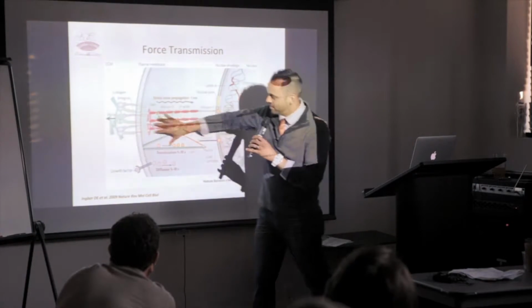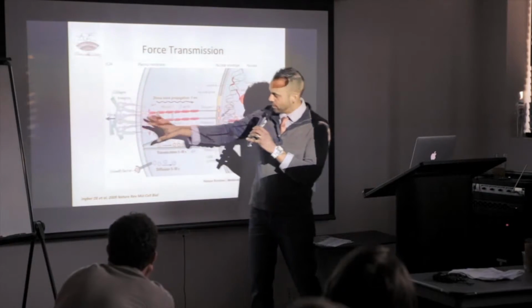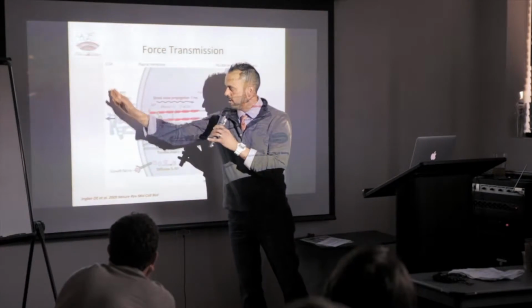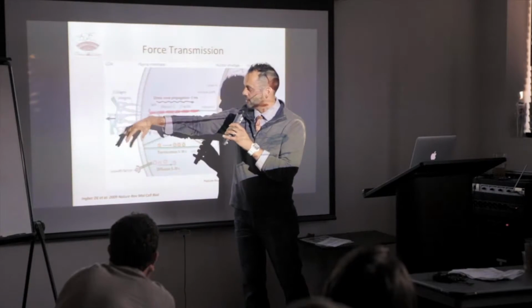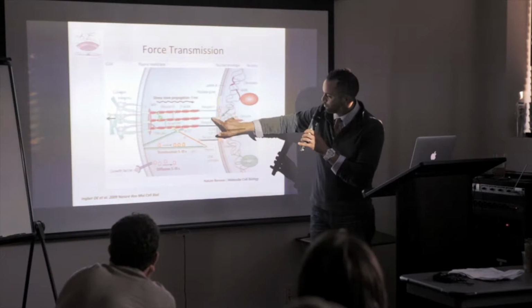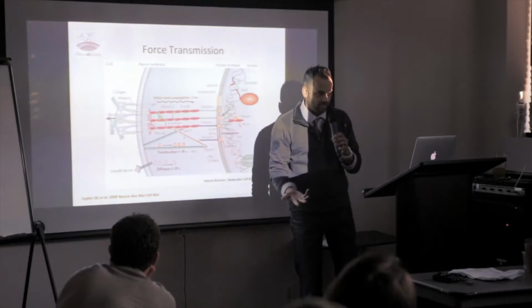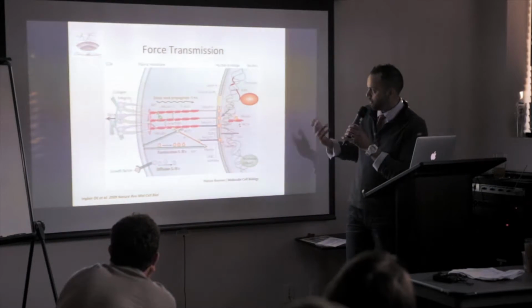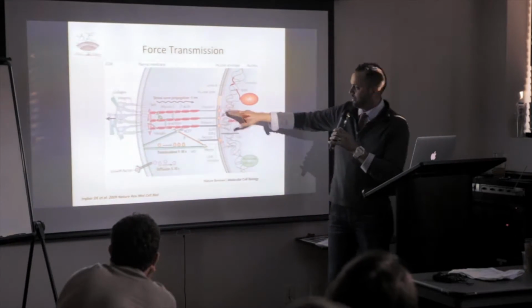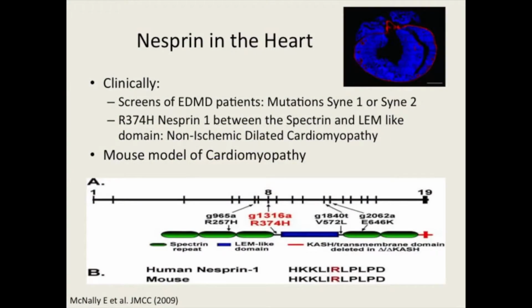If I forget any of the components here, mutate or delete or somehow change any of the components along this continuum, in this case the extracellular matrix, or the matrix outside of the cell membrane, the actin cytoskeleton, or these nesprins that reside at the outer nuclear membrane, if I change anything here, you could have disease. And essentially what the hypothesis was early on in this field was that these were playing a major role in the overall nucleus. And so about 5-10 years ago, people started looking clinically at Emery-Dreifuss muscular dystrophy patients, and out